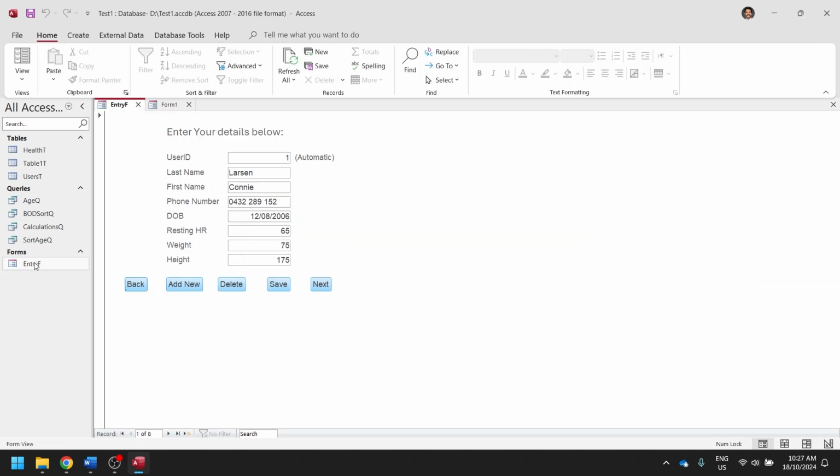And so you want it to look like this. I need a back button, a next button, a save button, a delete button, and an add new, with some kind of user instruction at the top. Save it as entry F, and that becomes your data entry form, which is the front end of the database where people interact with